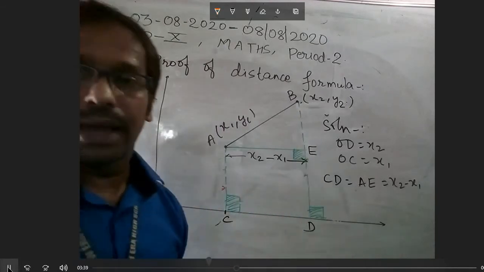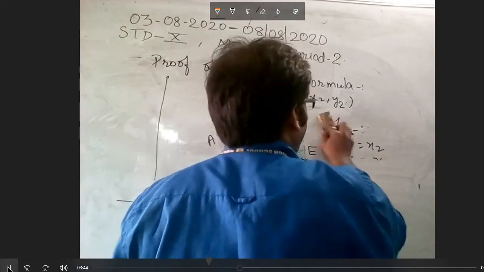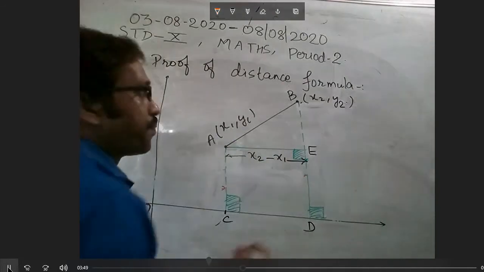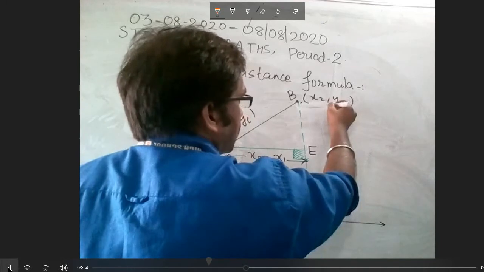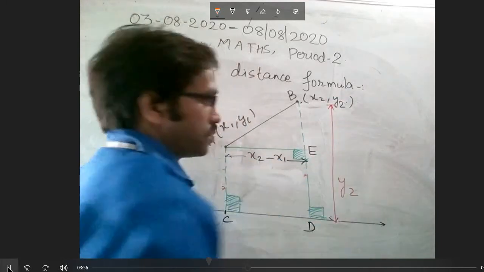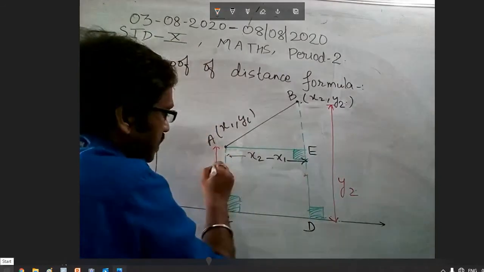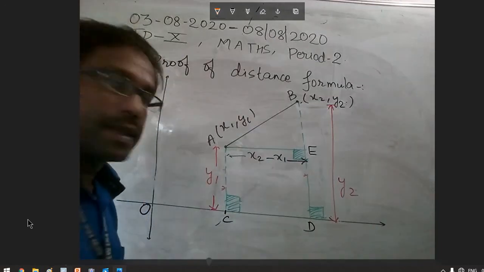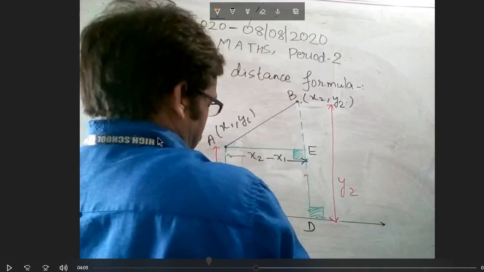Okay, now we have to find BE. Again I would like to show you what is there. Now see one thing. A2C and B2D, this whole length B2D is y2. Okay, then this AC is equal to y1. We have to find BE. Okay, BE means what? BE means that